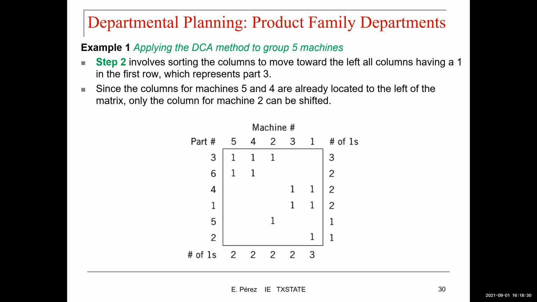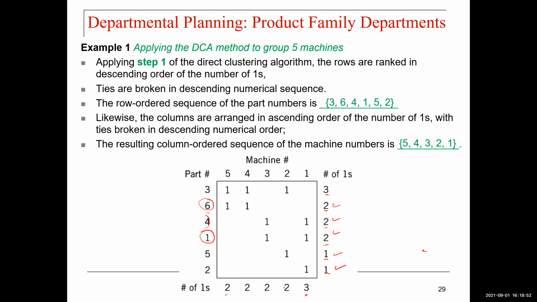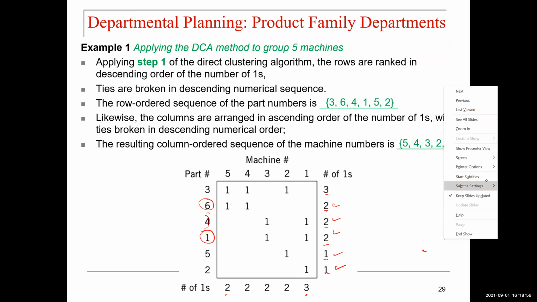Step 2 involves sorting the columns to move toward the left all columns having a 1 in the first row, which represents part 3. Since the columns for machine 5 and 4 are already located to the left of the matrix, only the column for machine 2 can be shifted. Okay, so what we are saying is, let me use another color. For step 2,